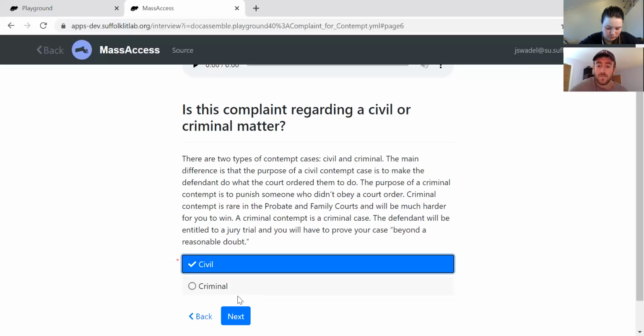I think Kate can articulate her question. Oh, sure. Sorry, I'm in a mood. Okay, go ahead. Legally, I'm actually not sure, and maybe I'll try to look into this, if you can pick both. Should it be both, civil and criminal? I'm saying, should it actually be radio buttons like this, or should it be that you can pick both? And I'm not sure what the answer is. And this is probate. We're talking about probate and family court contempt, right? So people like Kate shouldn't be picking criminal, but it's on the form,